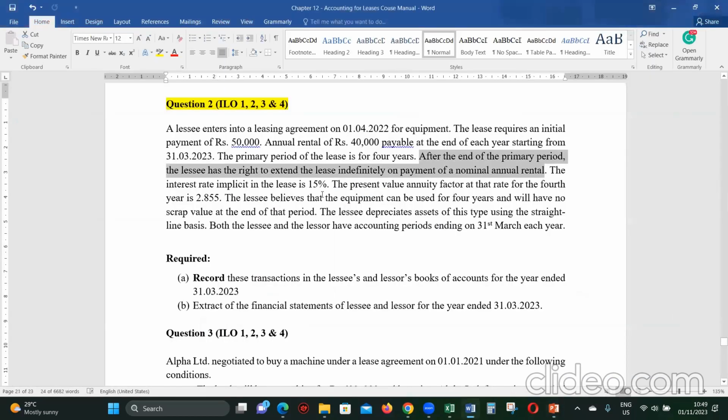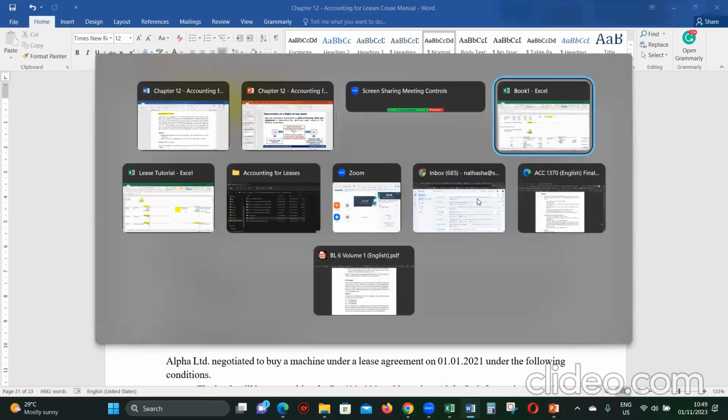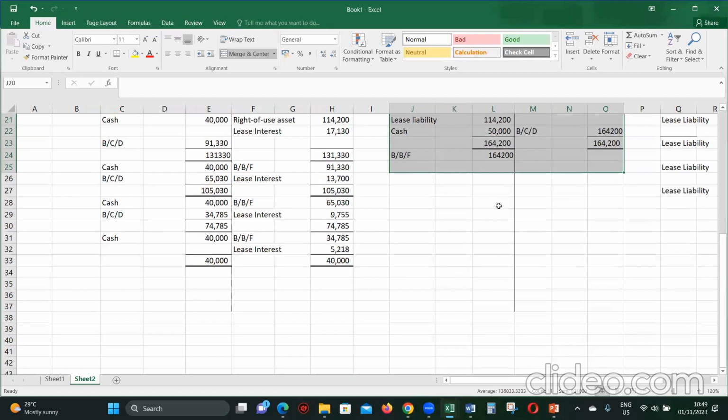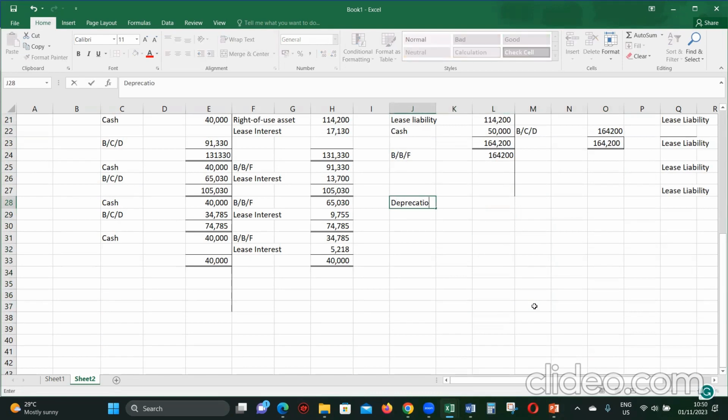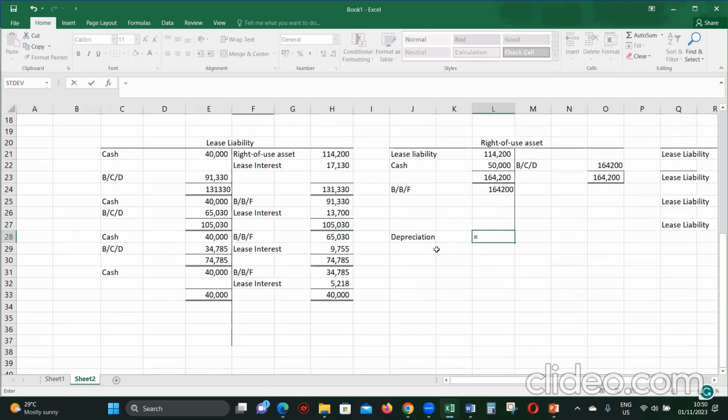Useful life. Now, when you take the useful life of the underlying asset, that means the equipment, it is given that the lessee believes the equipment can be used for 4 years. So when you depreciate, what happens? Let's compute depreciation here, as a working. Your right of use asset value, that means similar to PPE or cost, is